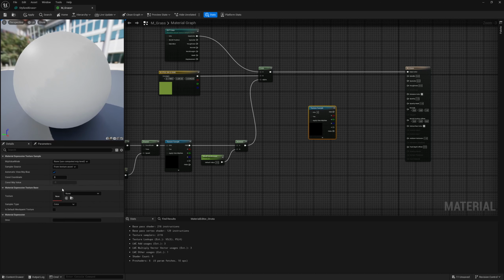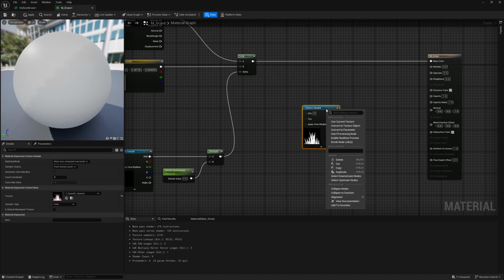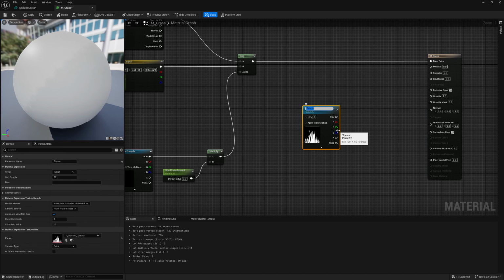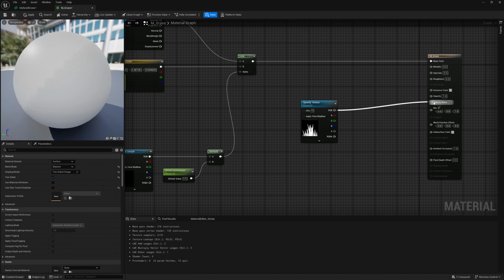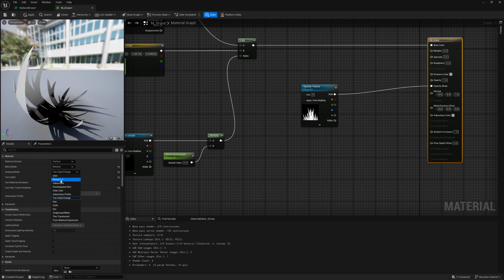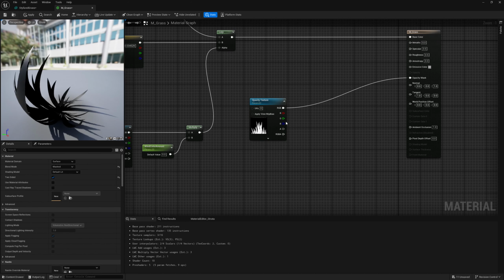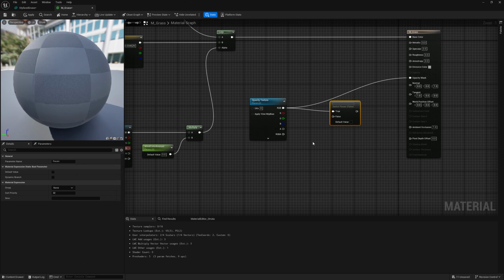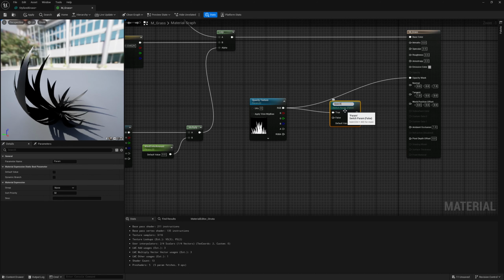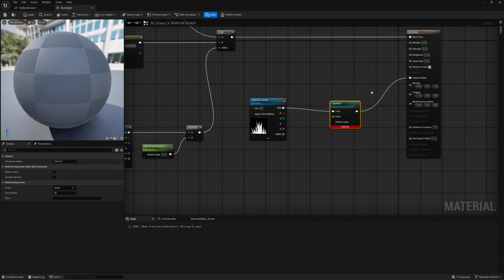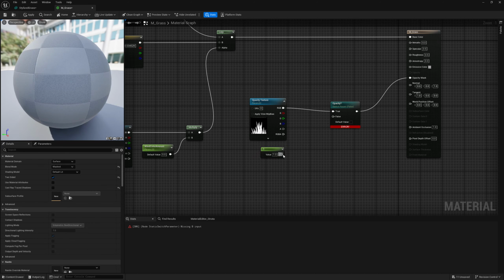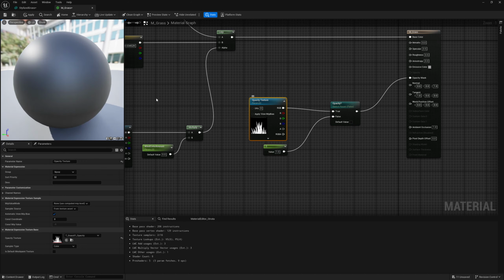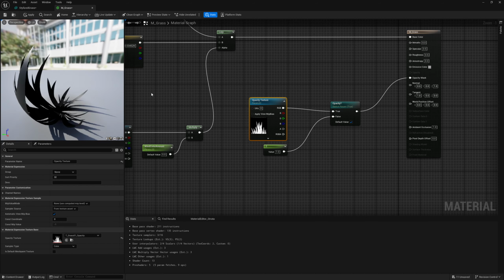Let's get texture sample, and let's click on our grass texture. By default, we can convert it, promote it to a parameter and call it opacity texture, just in case you want to make more of these. So we'll plug it into the opacity mask. You know what, I'm now thinking, sometimes you're going to work with solid foliage. So real quick, I'm going to add a static switch parameter, and I want to say, are you using an opacity map? If it's true, yeah, we want to use our texture. If it's not, we just want our opacity to be 1. And this is really useful for the grass that you see in Breath of the Wild and Genshin Impact. But if you want to use this stylized texture, we'll make sure that it's on by default